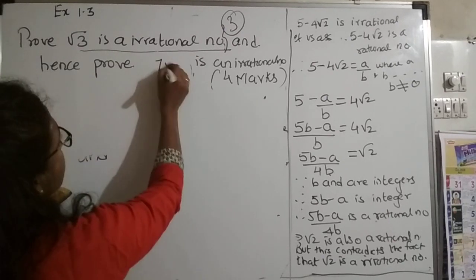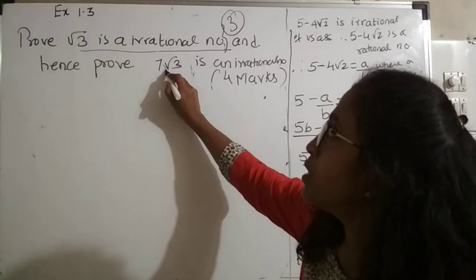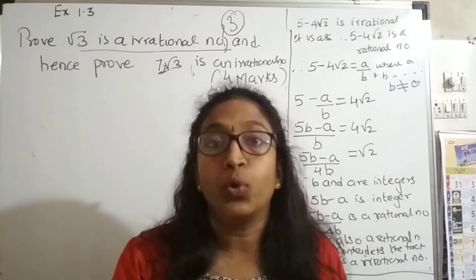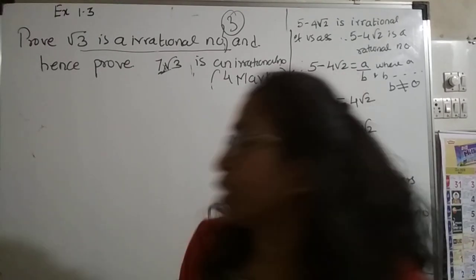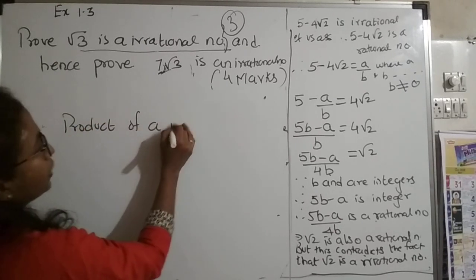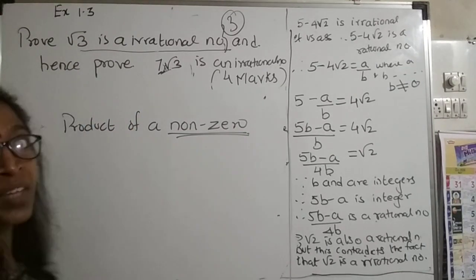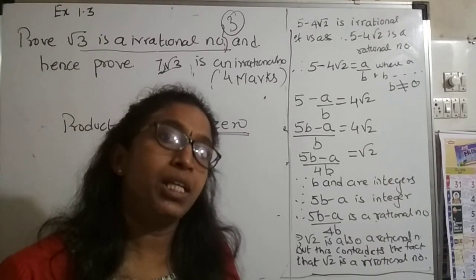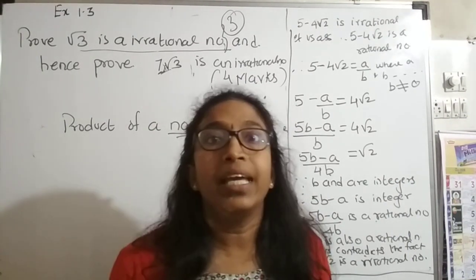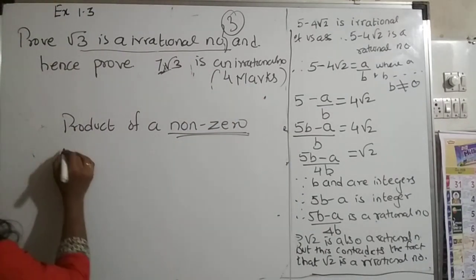For example, suppose the question comes this way: prove that 7 root 3 is an irrational number. Then what will you write? Here especially it is a product. So you will write product of a non-zero rational. Why is this word non-zero very important? Because 0 is also a rational number, right? If you multiply 0 with anything, it will become 0. So here, product of a non-zero rational